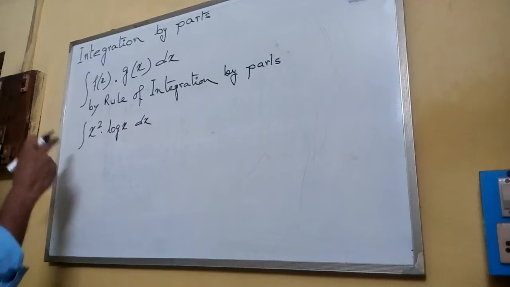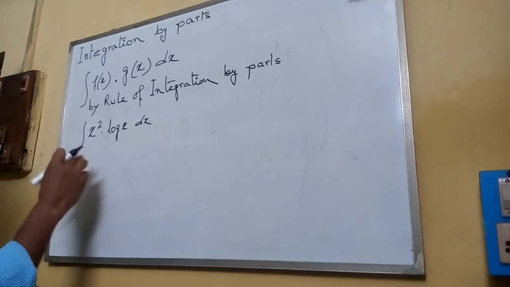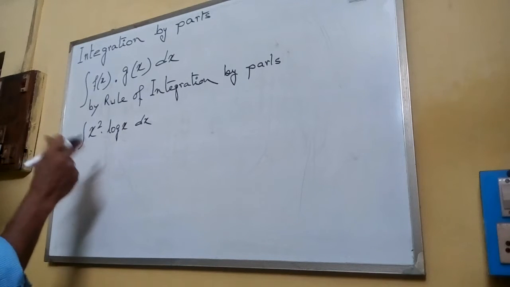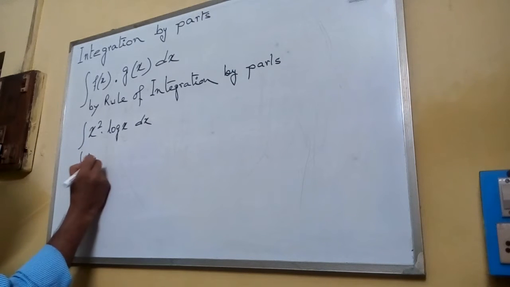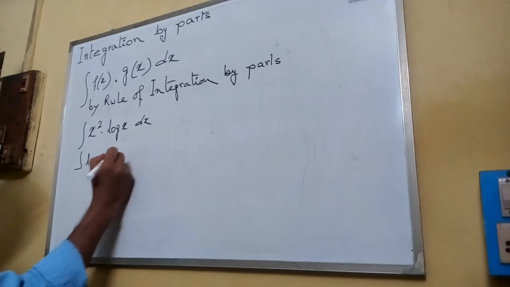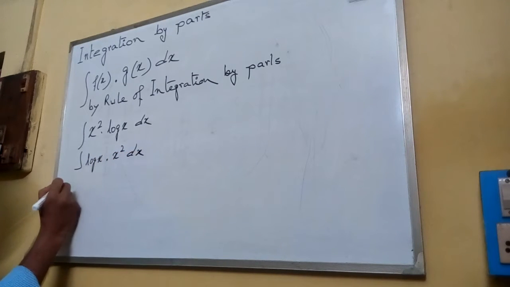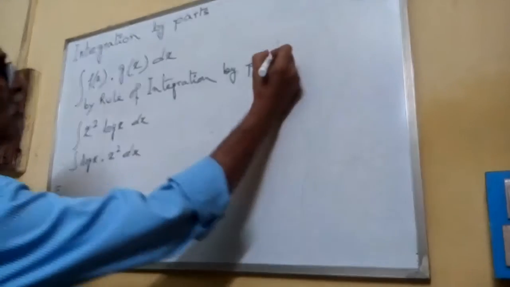Then here, according to that suggestion, which one do we take as the first function? We will take log as the first function, since I, L comes first, so we write log x into x square dx. This is equal to, according to the rule of integration by parts,